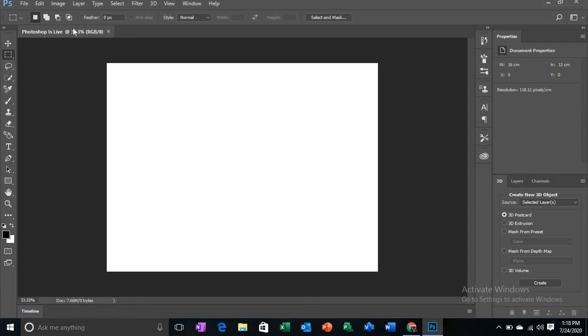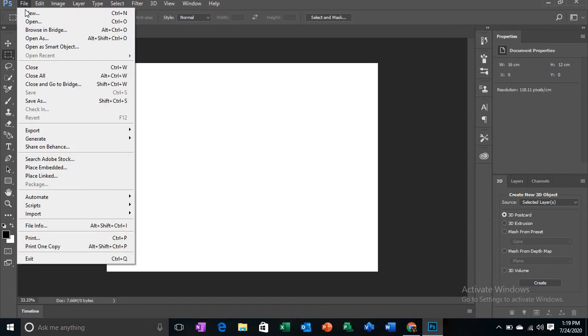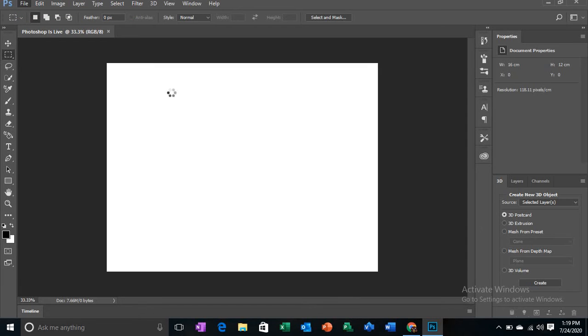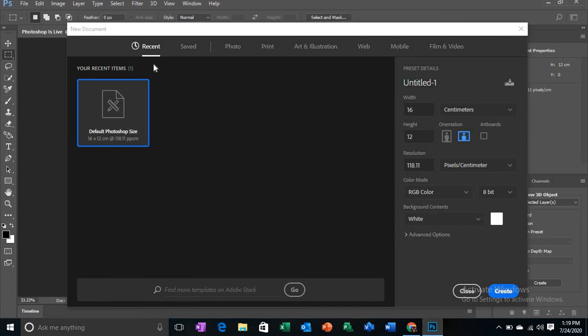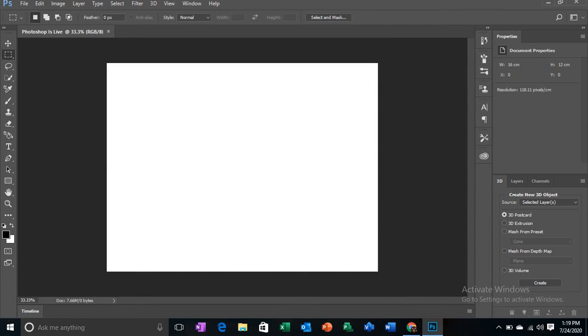So Photoshop is the name. Nice name. So we want to quickly start up. Now what you have to do to start a new Photoshop image window is click on File, New, then a new window will come. See, it is loading. So this is a new document. Again you have to create it like this. So we have done this already. We have to type the name, and I have told you everything.